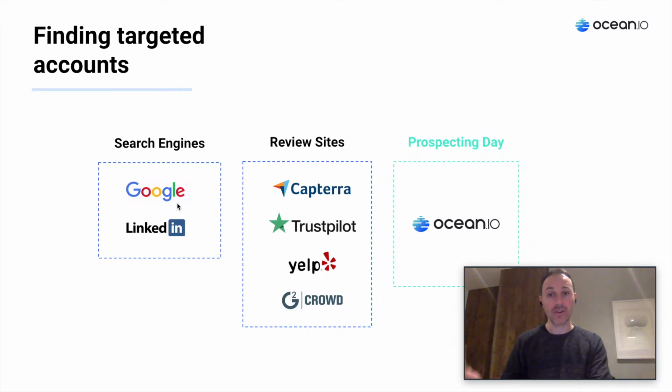Other ways to do it, though, you can build up lists on Google. You search for that industry and your country, things like that. You can get a good list there, but it takes a long time because you have to go back and recheck in your CRM. Depending on what you're looking for, you're going to find the companies that are SEO optimized. If you're targeting smaller companies or a deeper niche, it's easy to find the top 5. What about the next 50 companies that would be in that vertical? So it can take a while, but there you go. Google's free. They've optimized for people buying, not salespeople looking.